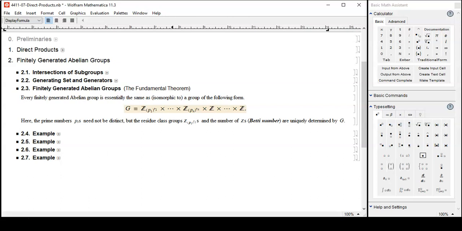Let's just go to the conclusion. Every finitely generated abelian group is isomorphic to this form, Z_{p1} to the r1 power, where p1 is a prime number, and Z_{p2} to the r2 power, all the way over to Z_{pn} to the rn power, and those are all finite. And then times Z times Z times Z times whatever, and that part is infinite. The number of Z's here is called the Betti number,